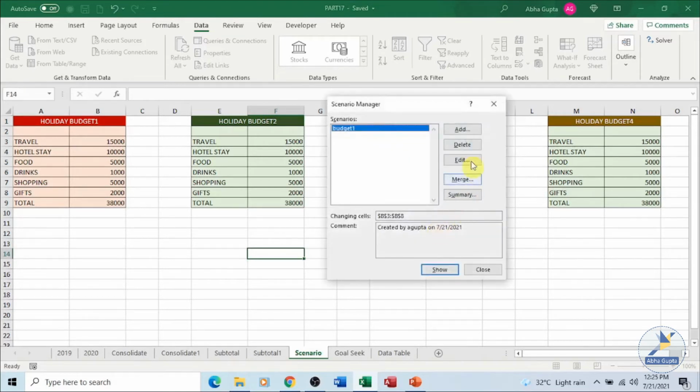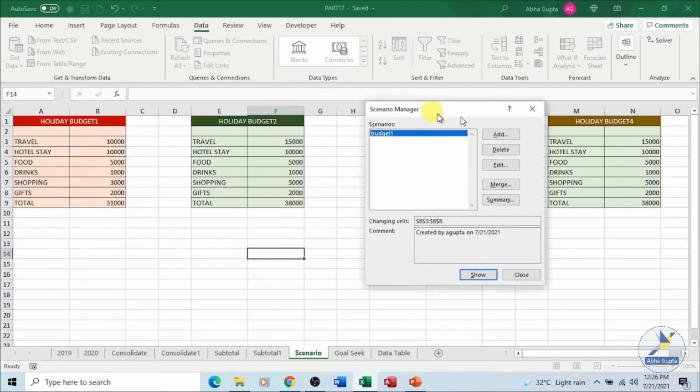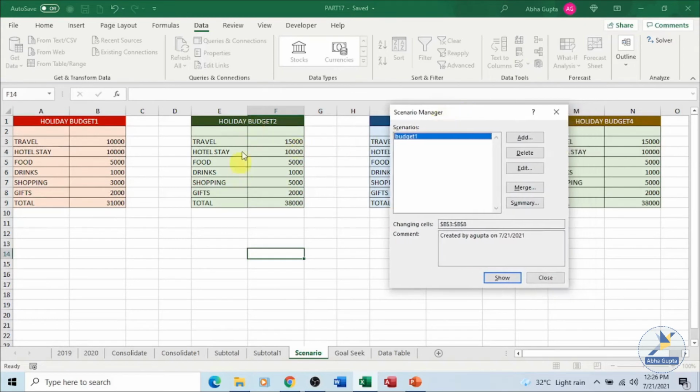Click on OK. Your scenario is being added. You can see in your Scenario Manager dialog box all the data, whichever range you are using. Click on Show, or if you want, you can add another scenario also. We have clicked on Show. You can see instead of 38,000, now it is showing that the total budget is 31,000. You can close the Scenario Manager here, or you can add another one.